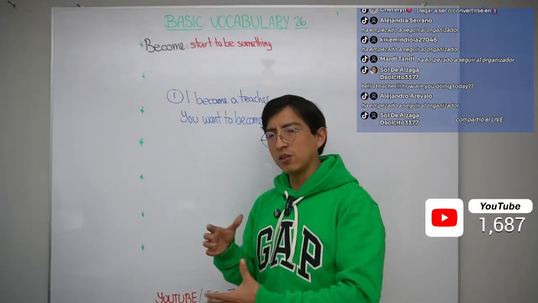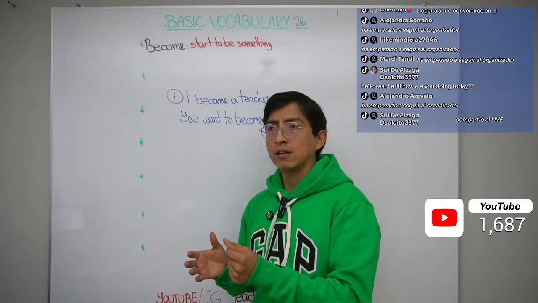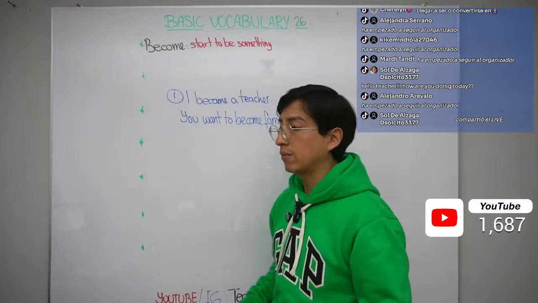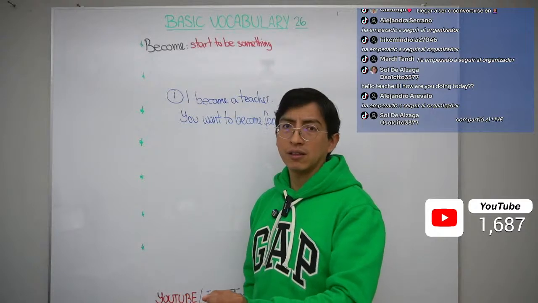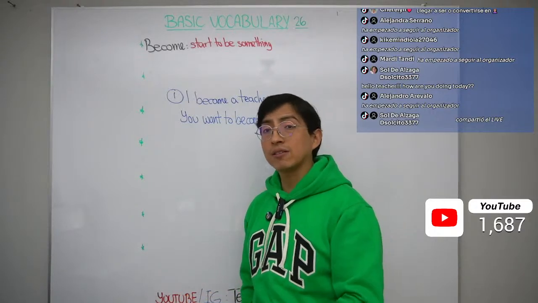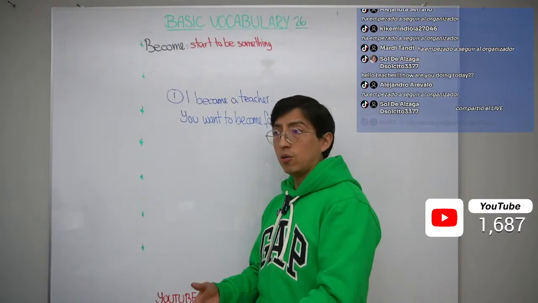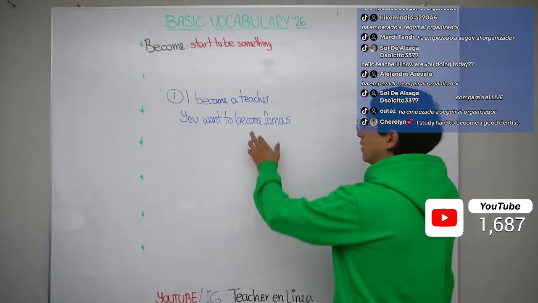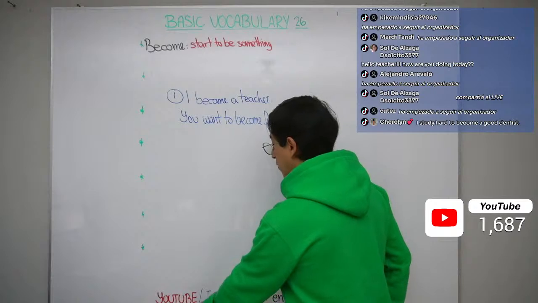Okay, so you study or you do something a lot, you try to improve some skill that you have in order to become famous. So everybody can say, hey, you're the best soccer player, you're the best singer, you're the best actor. Yes, so you want to become a famous person. Yep, this is another phrase that you can use here. What else, guys? What else?